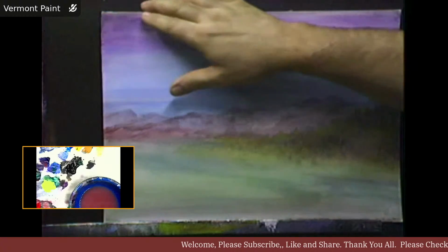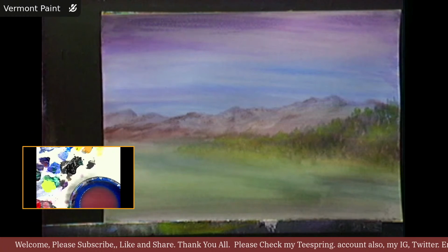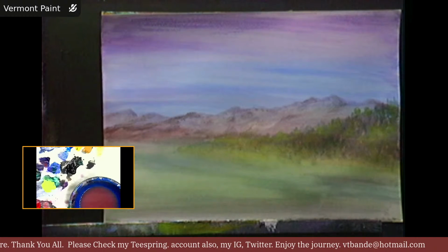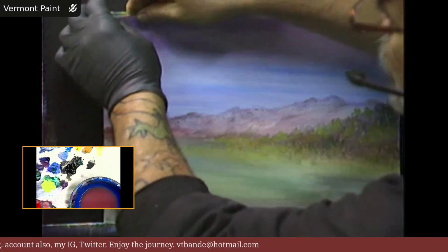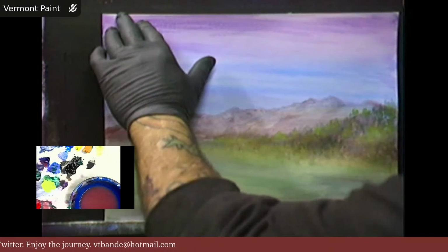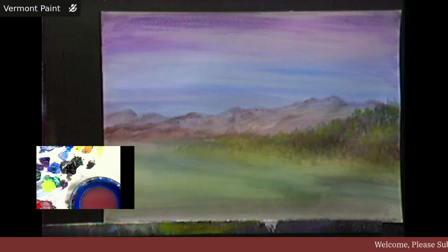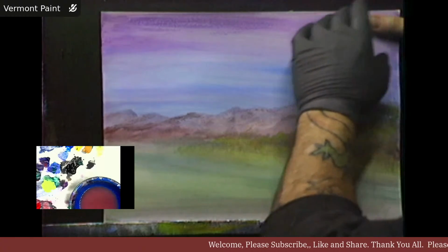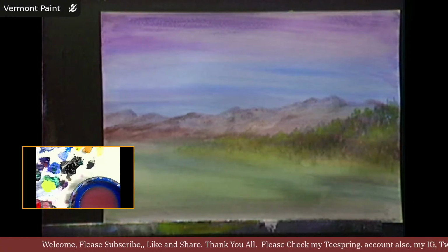This may curl because I only have it attached in a few places, so I might have to throw a little piece of tape here and there. Did you guys rather have the big one kind of blinking away? Let's stick a little piece of tape back there. Whatever works. I'll close my eyes and paint this. We're just doing kind of watercolors today without using watercolors. I mean, I have watercolors, but kind of doing the whole painting in like a wash type of...